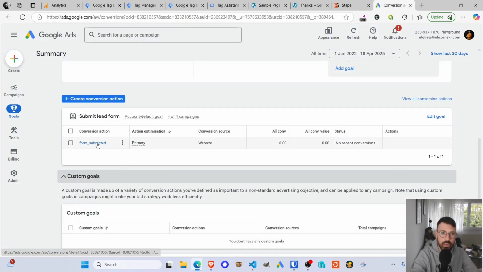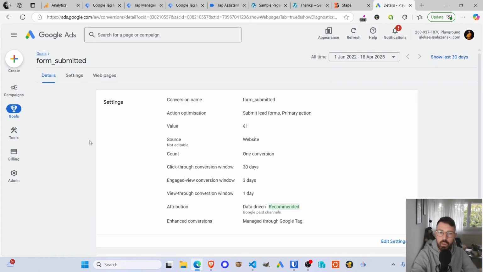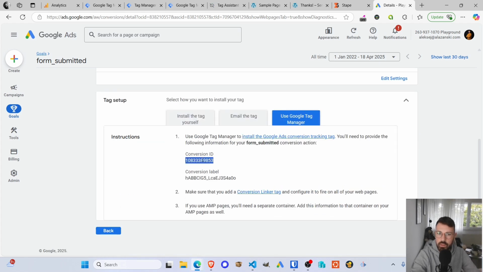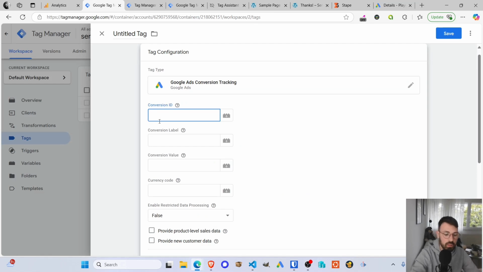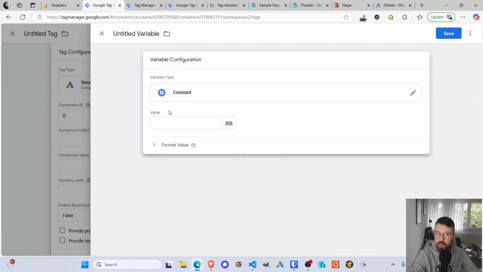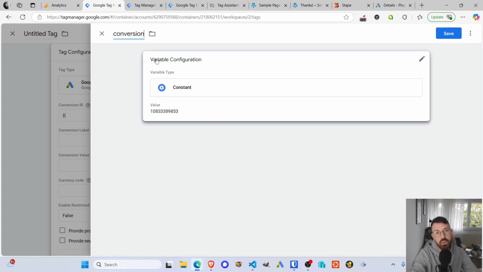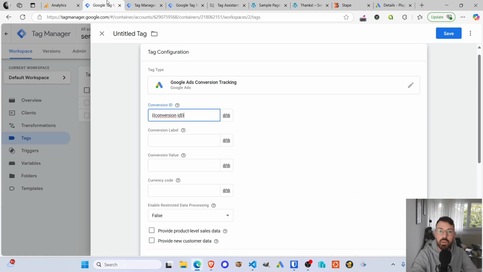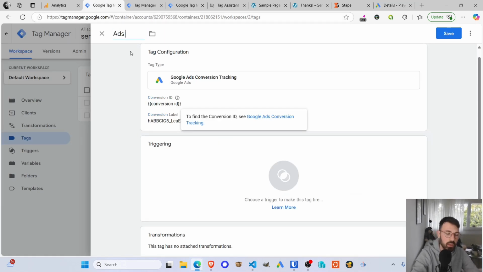Then go ahead, head on to Google Ads, my Google Ads account, and click tag setup and tag the conversion ID. And I can do a variable here as well. Constant conversion ID. And then let's do conversion label, just copy and paste it here and then name it ads conversion form